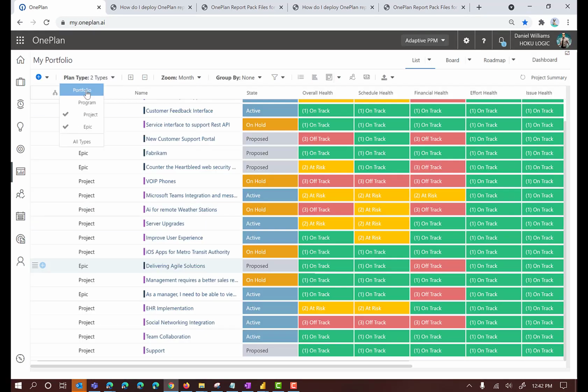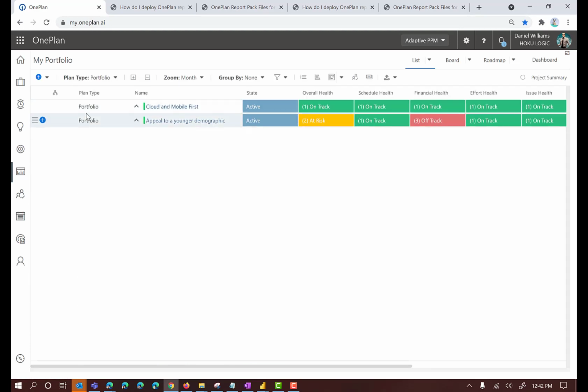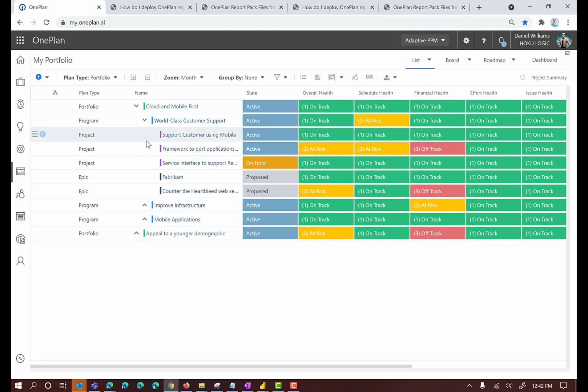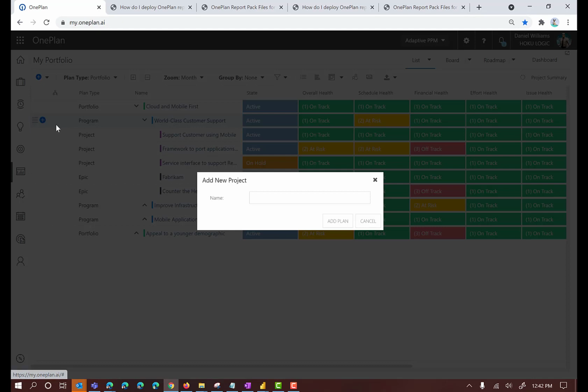Or if I'm in more of the hierarchy view where I can see the portfolios, the programs, and then the projects, you can actually use the little plus symbol as you highlight below, and it will allow you to create a sub plan underneath it. So for example, if I wanted to create a project underneath this program, I'd click on this little plus button. I would say I want to create a new project, and then I would say this is new project 1,